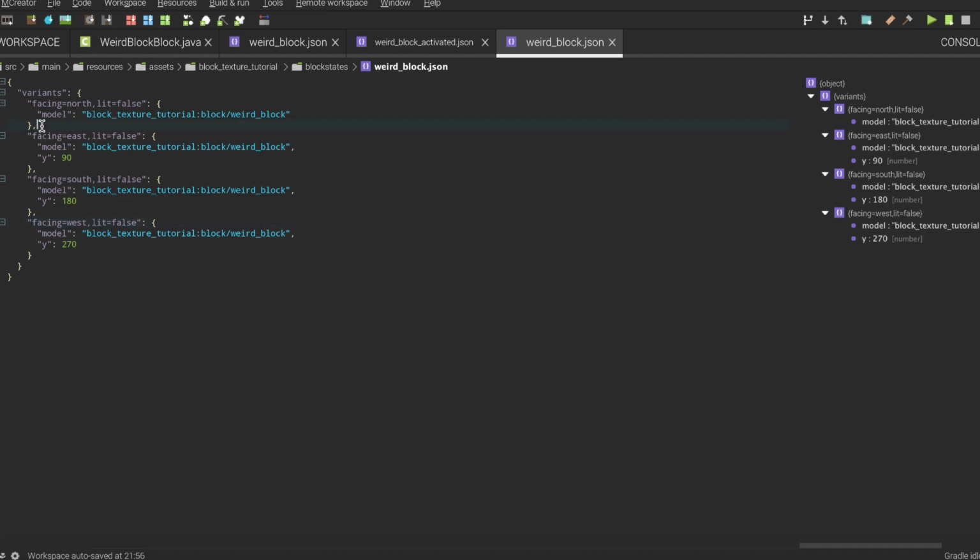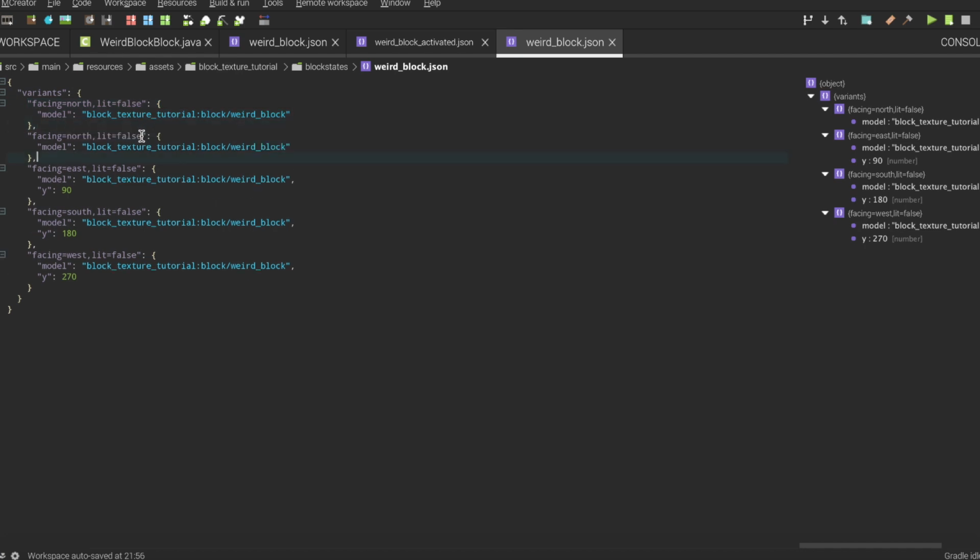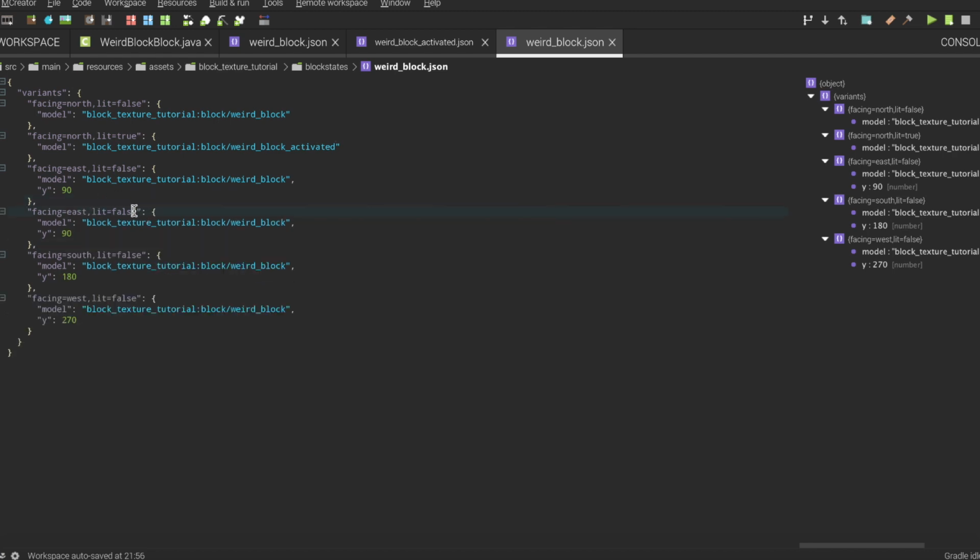Then I'm just going to copy paste this, and I will set false to true and add to the model name activated. So I'm doing this for both, true and activated.